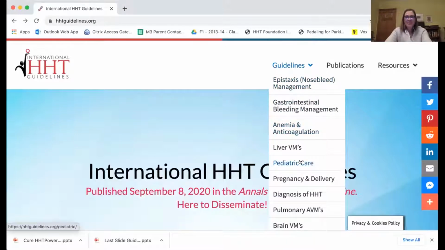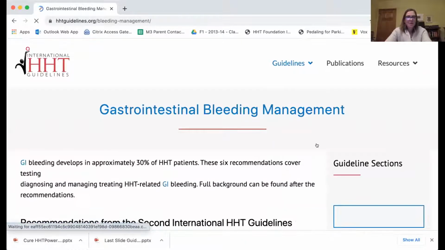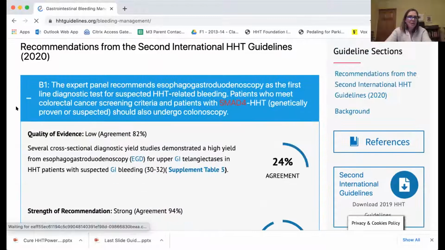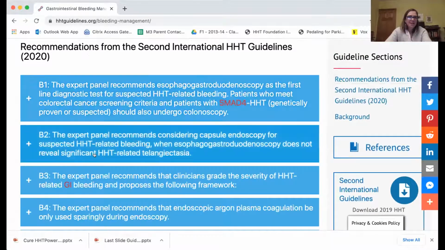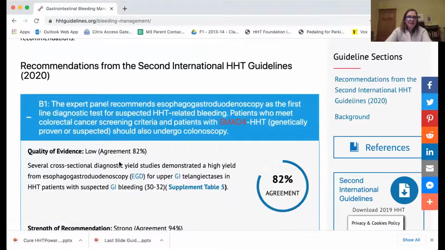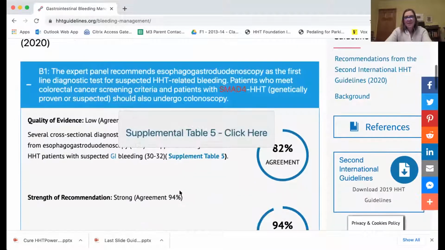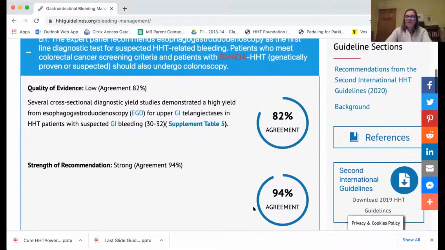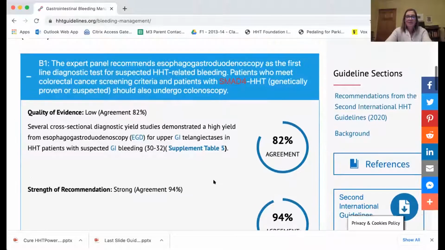So let's say we wanted to look at GI bleeding and management. We could go look at that tab. There's a brief description. It shows each one of the guideline recommendations. And for each one of these recommendations, they can be expanded and there's details about what level of evidence the recommendation was based on, what the strength of the recommendation was, and what the panel agreement was on voting for that recommendation.